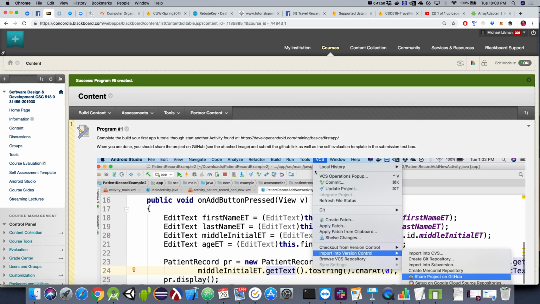So mine's not pushing to the Firebase. I did everything except